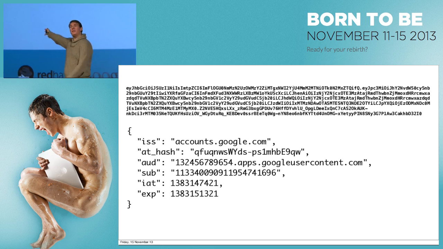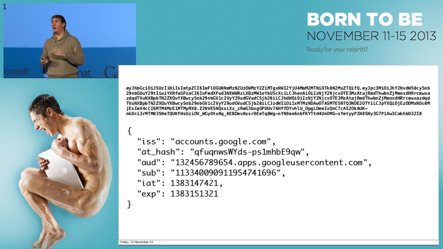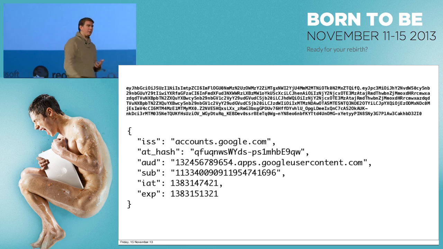Now, if the user had granted you access to their email address, which is just another scope, that would be in here as well. So you can pass across this token to your server. The server doesn't have to make any network calls other than occasionally refetching the Google certificates, but can take that, verify the Google user ID and the email address of the user that is connected to your client. So you can then return a cookie, set up a session, and you can make API calls securely.